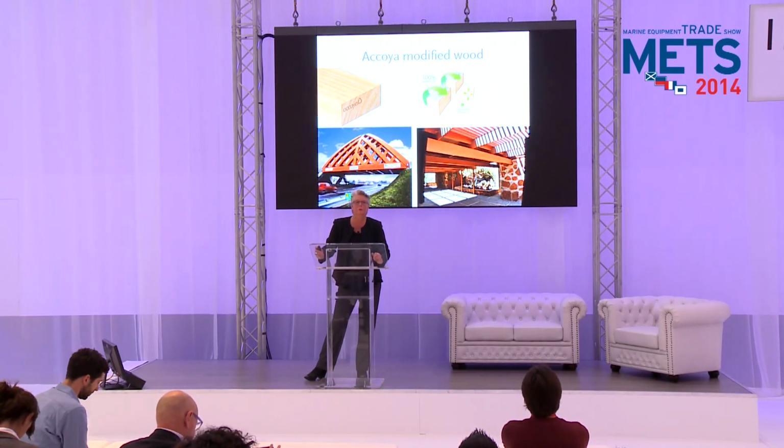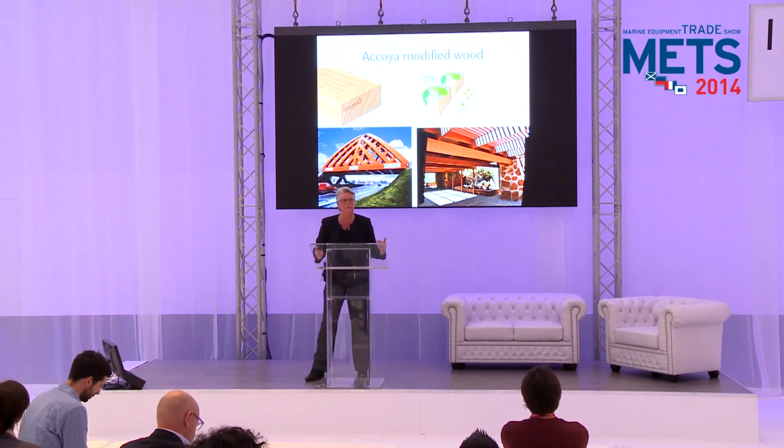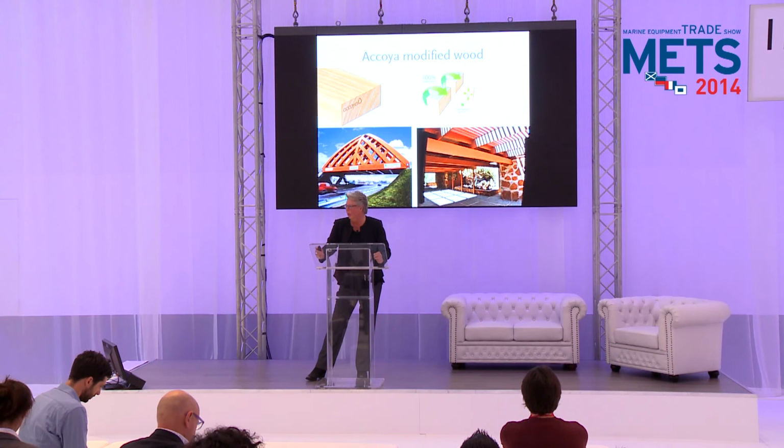Modified wood. One of the biggest problems of wood on land is that it rots. It's eaten by microorganisms. So Accoya has done a little trick. They say, okay, we are going to change the part of the molecule that's eaten by microorganisms, and we're going to put it in an acid, and then the molecule will change,